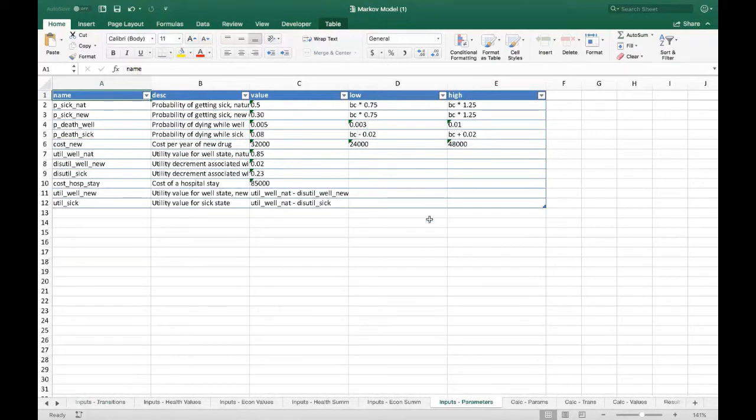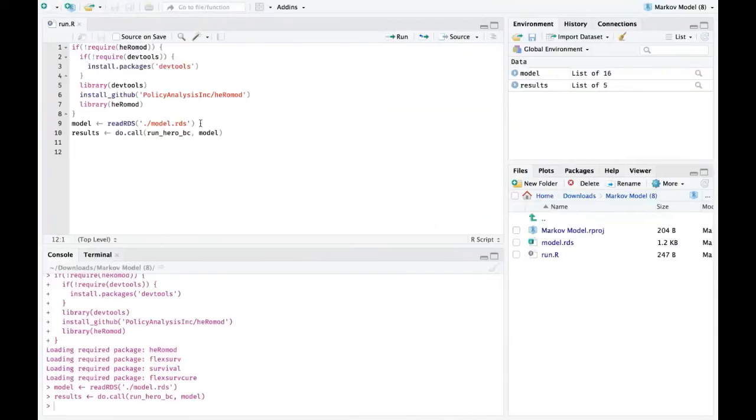But really, it's important to note that there is nothing to your model other than these tables of information that you've created in the editor, as well as the open source R package. There's no real code other than that. The only code other than that is this one line, which takes the model information and then runs the model. Is that clear enough, or do you have any additional questions about that? Yeah, that's clear. Thanks.